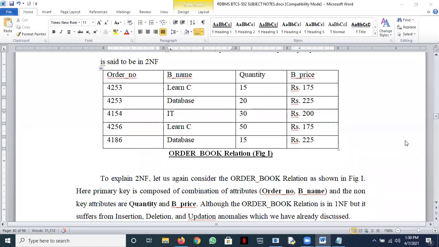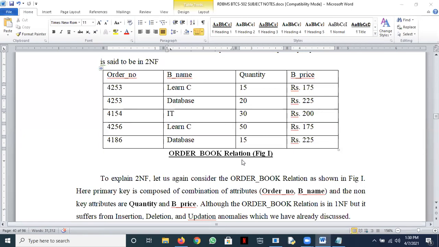Yeah, Prince was there. Yes, Prince, please ask. Sir, if the book price is denoting the sum of value of all the quantity, then it will be dependent on the composite primary key. Book price is simply telling us that this book name has this book price. So as per our given relation, it is dependent only on the book name.